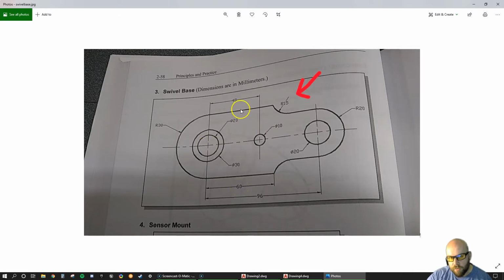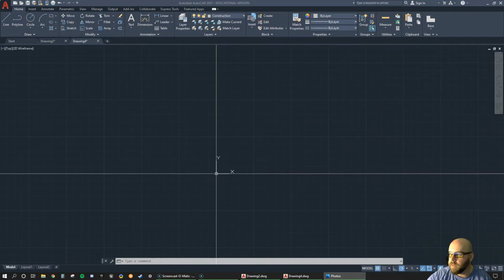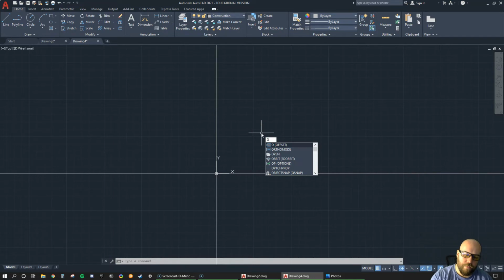And then I would even create these locations for the vertical lines. I don't have to. I can put tangent lines in after I create a circle, but we know that this circle is a radius of 30, so I could just offset up 30, offset down 30, and now I've got kind of the frame of my piece, okay? And I'll show you what I mean by that. So let me move this out of the way. Let's come over here, O, enter,